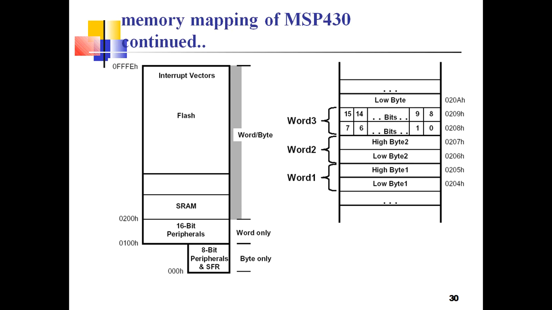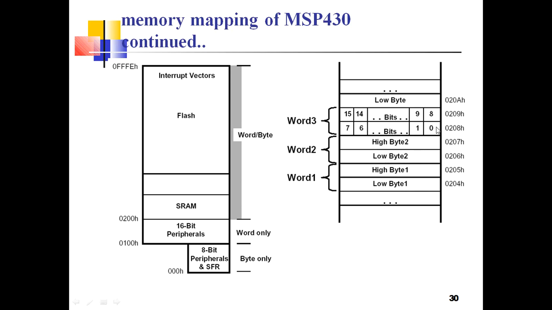Next one, if you open the internal structure again, if you open only peripherals, it is going to perform byte level and word level access. The data is going to be stored in the registers. A word is going to take 16 bits, that is 2 bytes, and in those 2 bytes, one is the low byte of 8 bits, another is the high byte, which is another 8 bits. In the higher address it is going to store the high byte, in the lower address it is going to store the low byte. So the low byte is always stored in even addresses, the high byte always in odd addresses. Like this it is going to store the information.